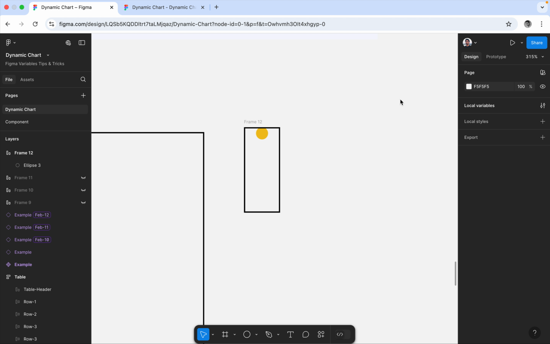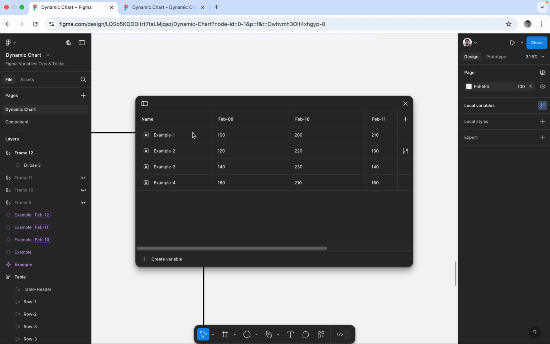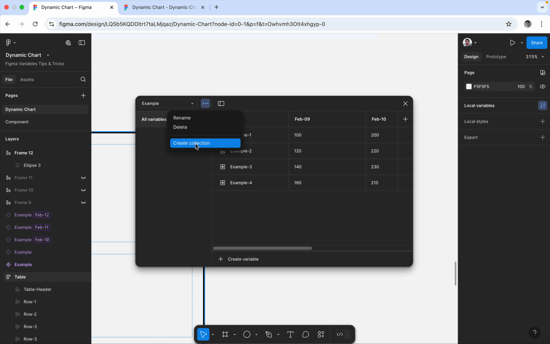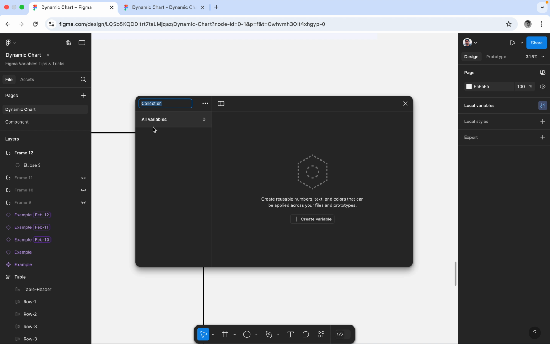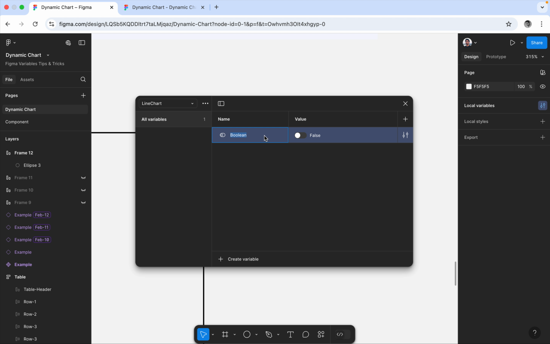Now I'm going to create the local variable here. This is all for number values, and now I'm going to create for the next one, which is having the boolean value. So for boolean value, you can create the collection. You can say line chart, and here you can create the boolean. You can say ex1,